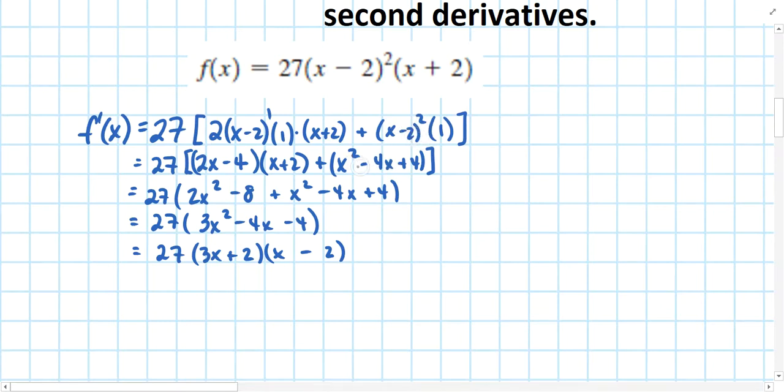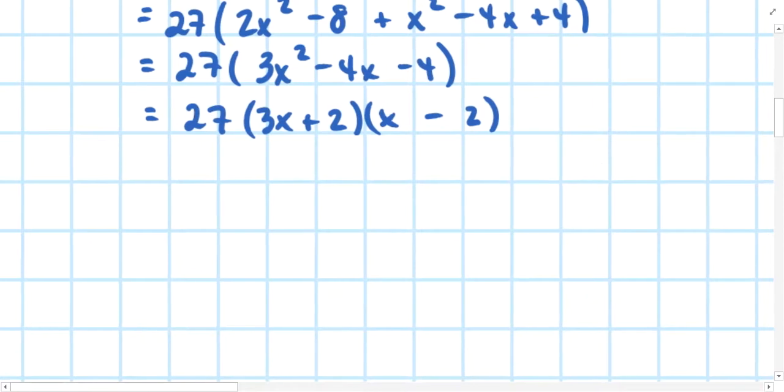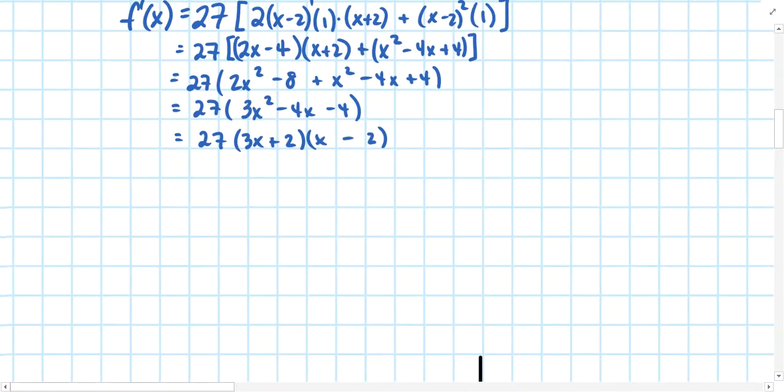When FOILed, that generated x squared minus 4x plus 4. I dropped the parentheses and combined like terms and ended up with this expression and found that it was factorable. So 3x times x gives me 3x squared. 2 times 2 gives me 4. And by placing a negative sign here, the outside product of negative 6x when combined with the inside product of positive 2 brings me